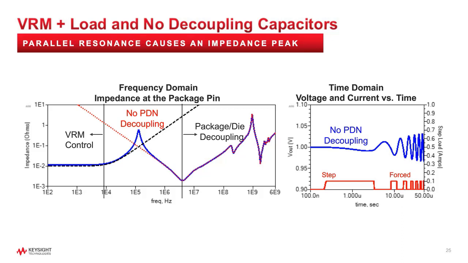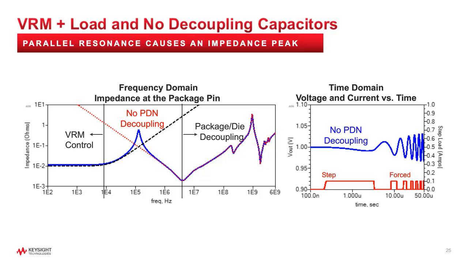At low frequency is the resistive behavior of the VRM. Then, since there is no decoupling capacitors, only the package die model, we can clearly see how the VRM output inductance in parallel with the package capacitance is creating a high impedance resonance. At higher frequencies, the impedance at the load is dominated by the behavior of the package die S-parameter model. Now we remember from the beginning of this presentation that a peak in the impedance can cause a worst-case voltage ripple on the power rail.